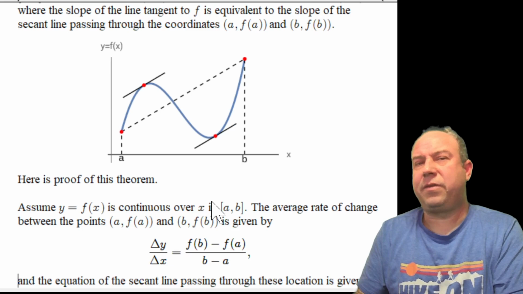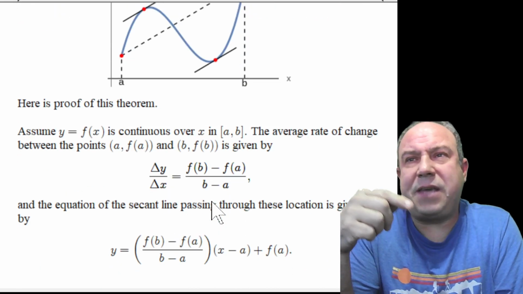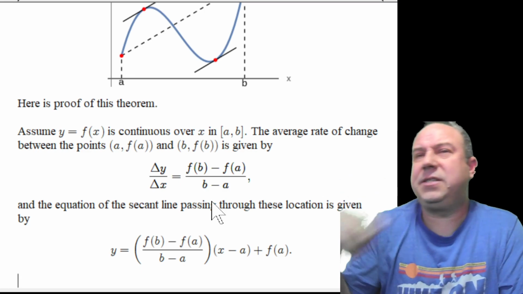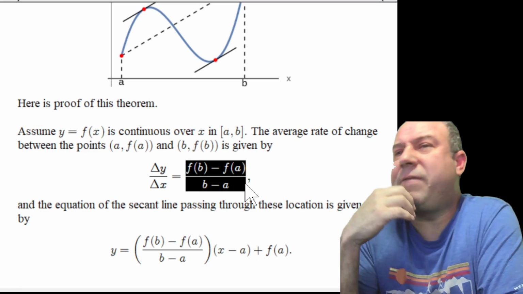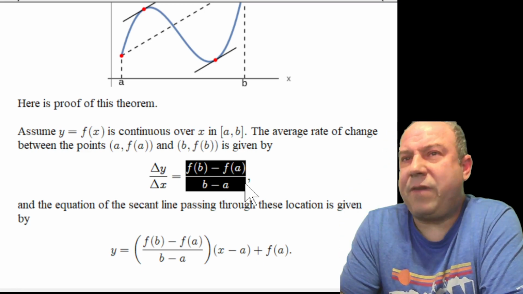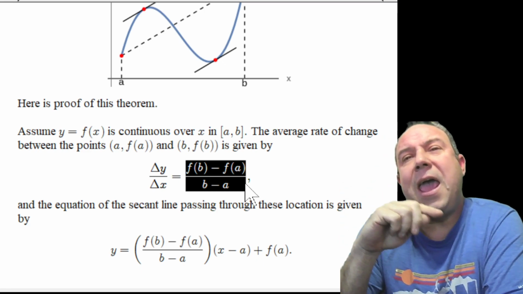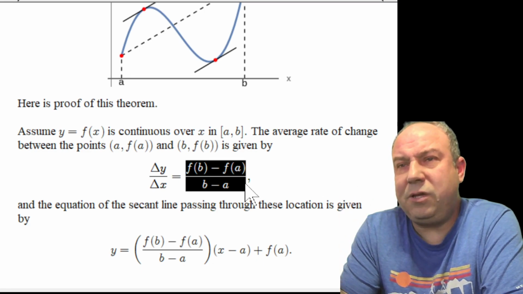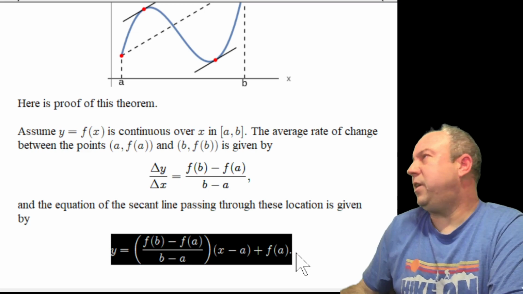here's the proof of our theorem. First of all, when we think about the average rate of change between those points, it is given by f of b minus f of a all over b minus a, when f of x is continuous over x in the interval from a to b. And the equation of the line passing through these locations is actually then given by this equation here,